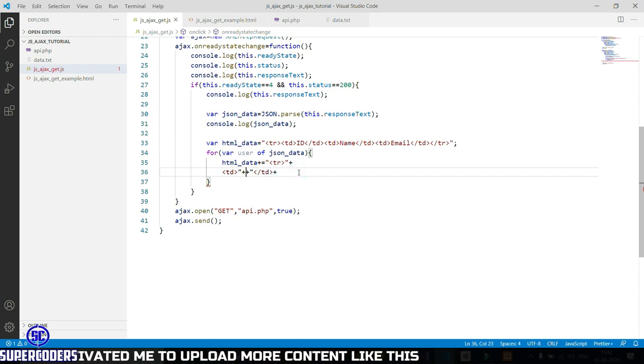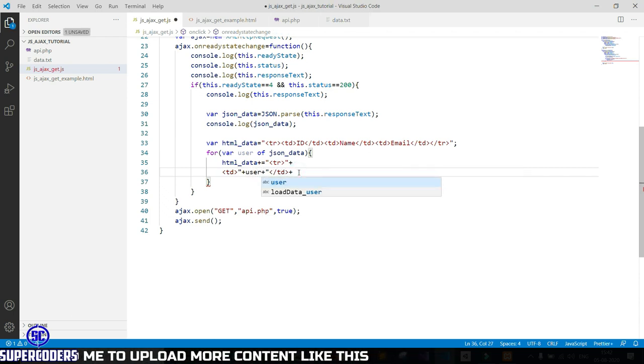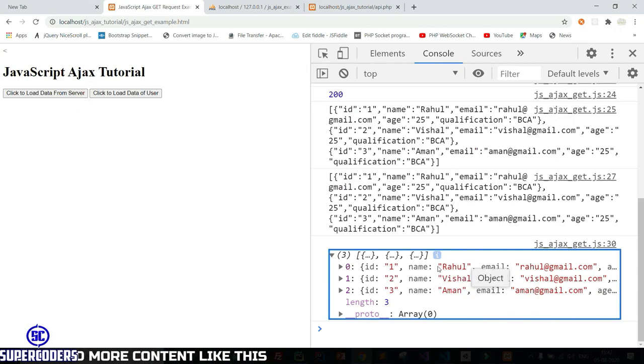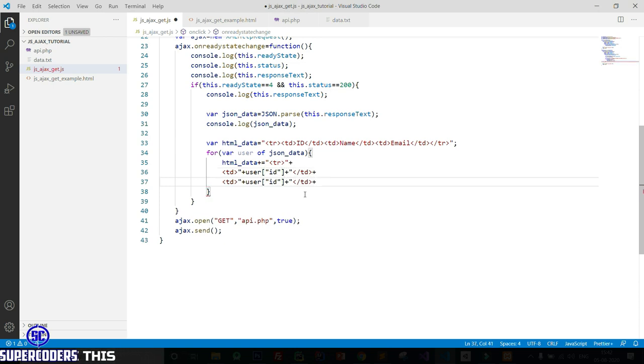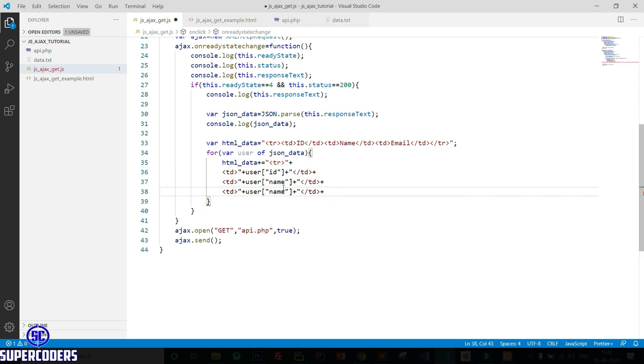So let's see, user, then pass the key name. For id you can access user.id, again name, again email.